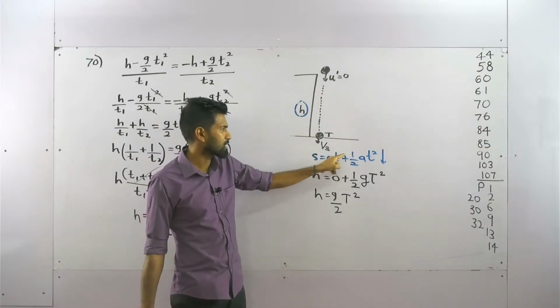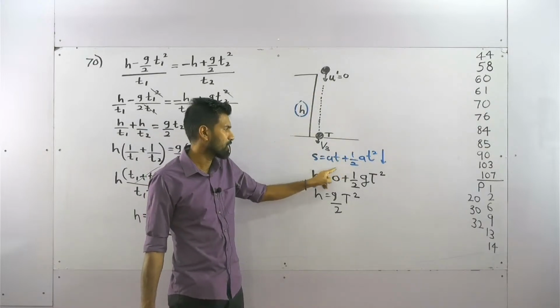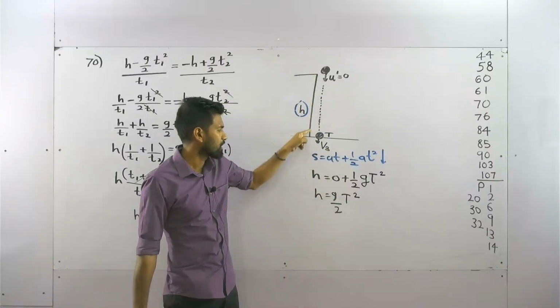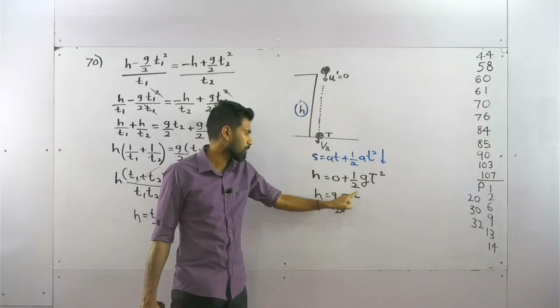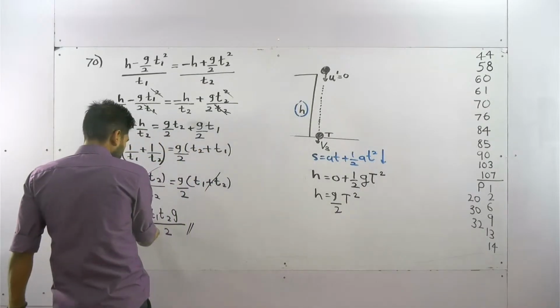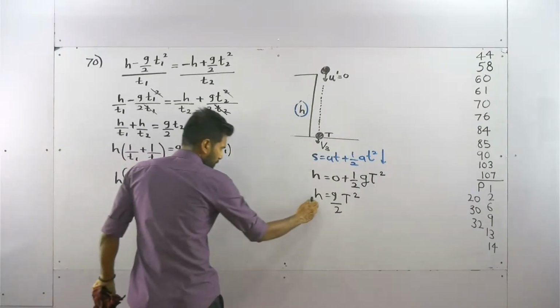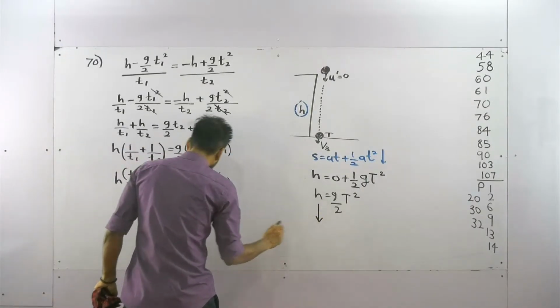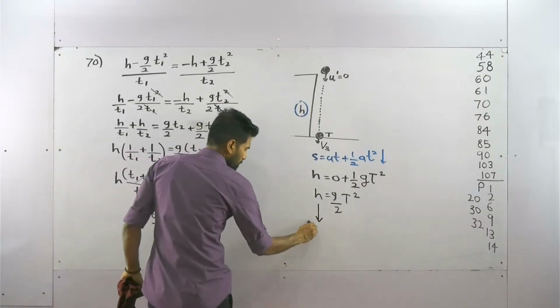S equals ut plus half at square. There the initial velocity is 0. So h is equal to gt square over 2. Now you are almost there. h is equal to t1 t2 g over 2. This h, now you can substitute. h is equal to t1 t2